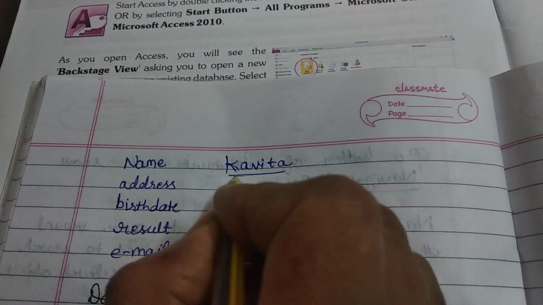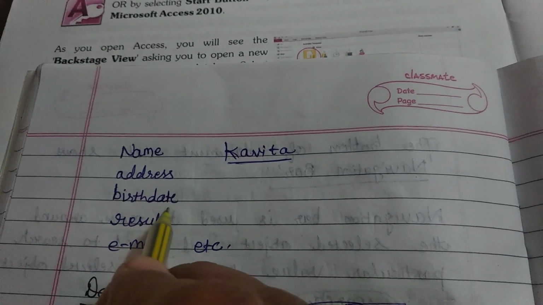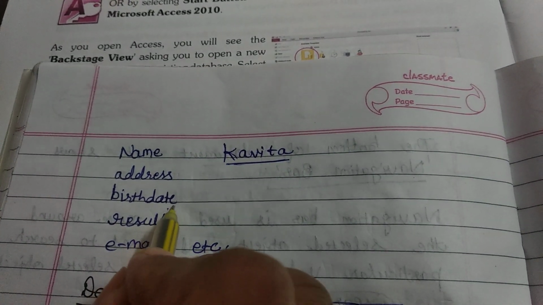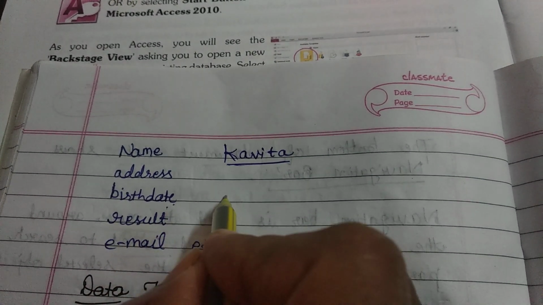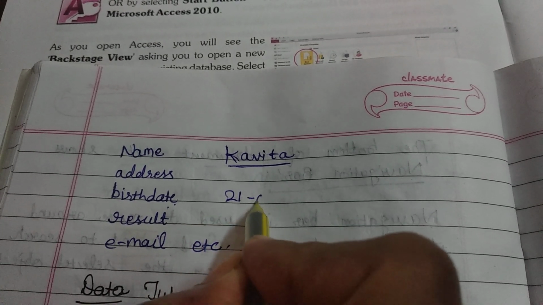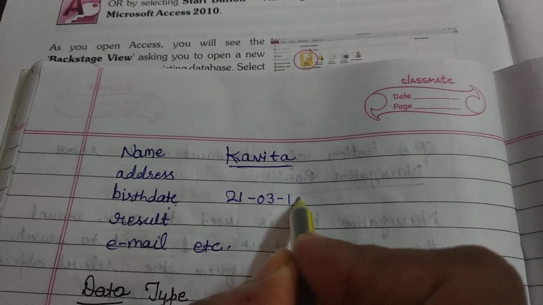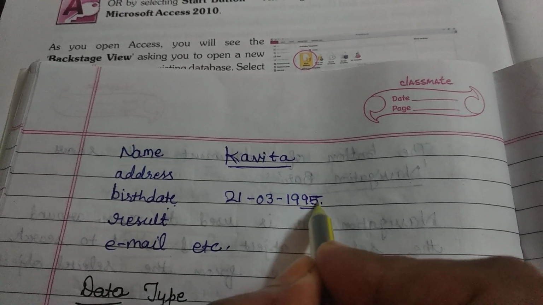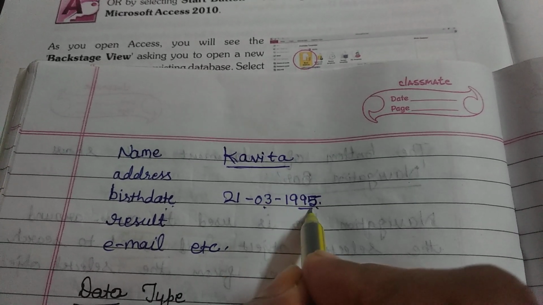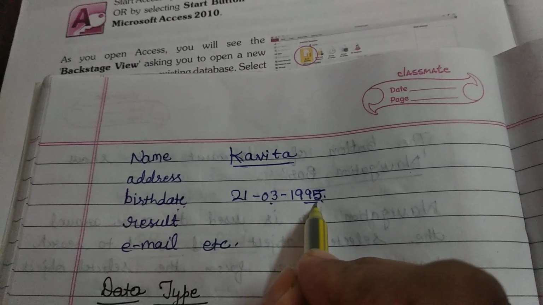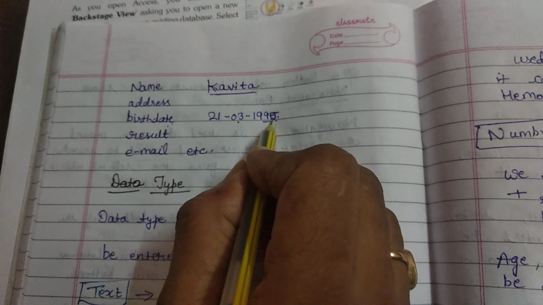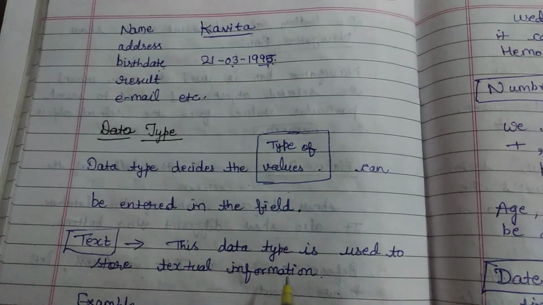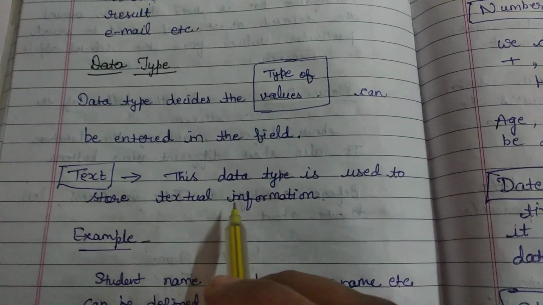So this is text. And let us take another example. Here, birth date. Birth date will be a date. For example, 21/3/1995. We are taking just an example. So this is date and time. The option will be provided to you when you enter the data. Okay, with practical it will be more clear to you girls.